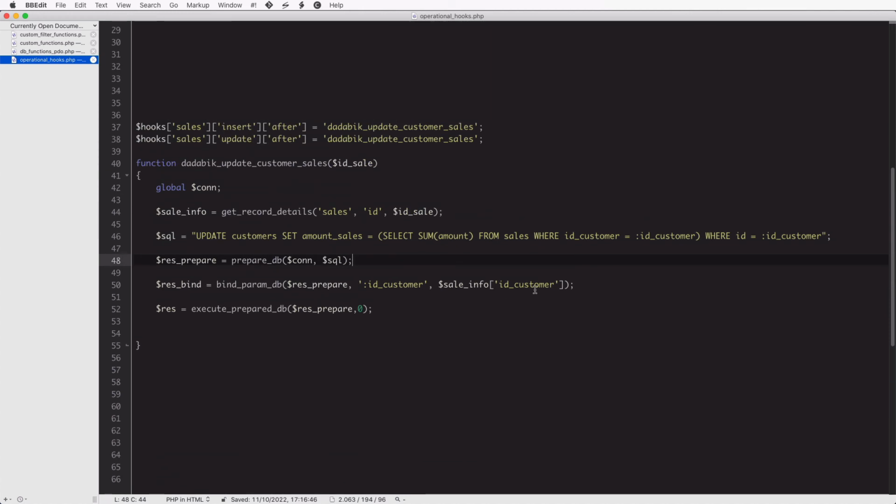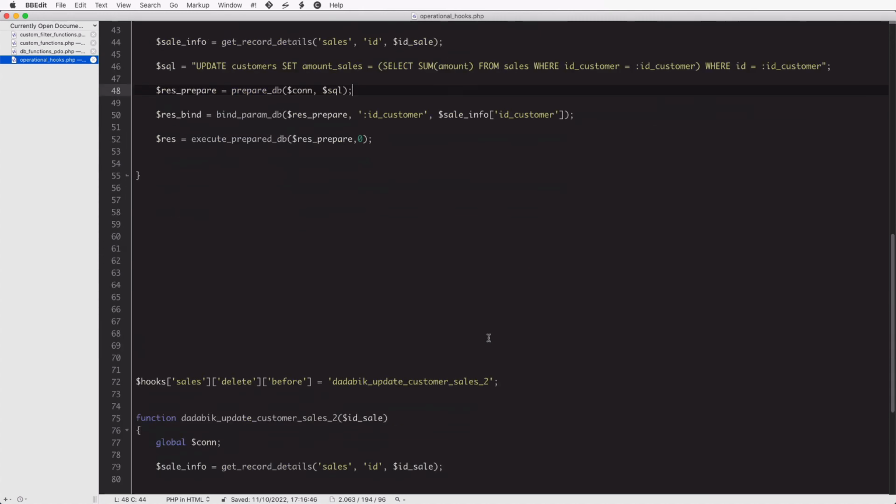After insert and after update, we still have that sale, so we can take the ID customer and use it here. After delete, the sale record is gone, and we don't know anymore which ID customer it was linked to. So we have to use a before